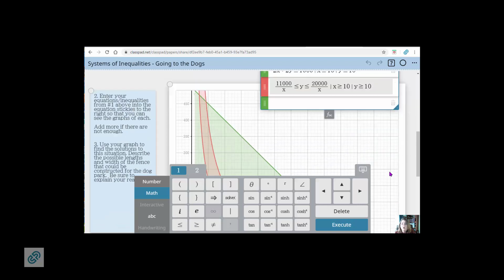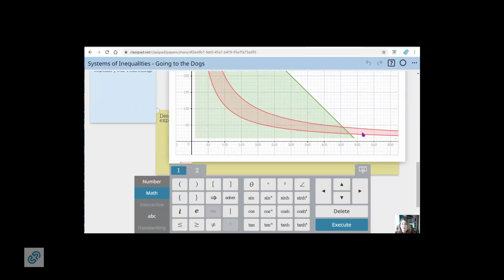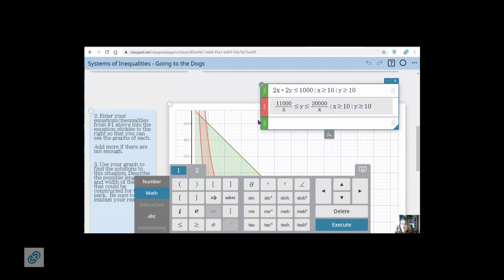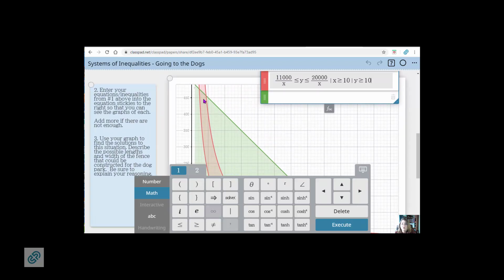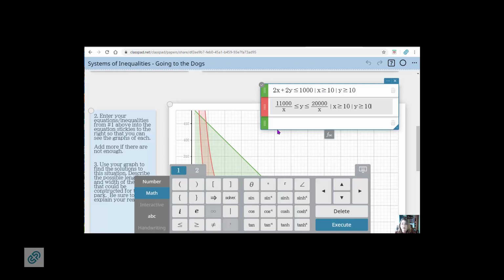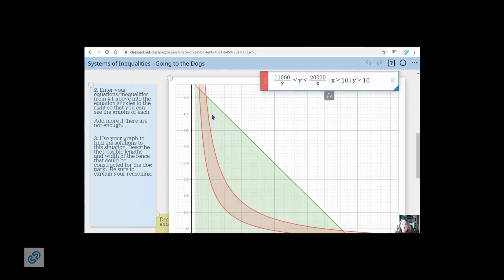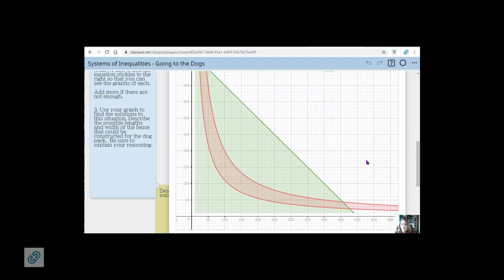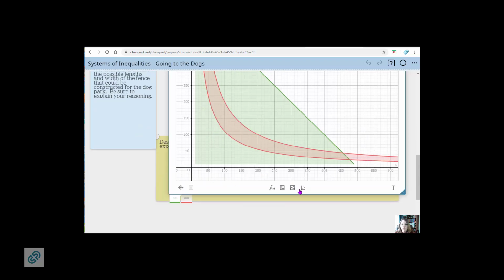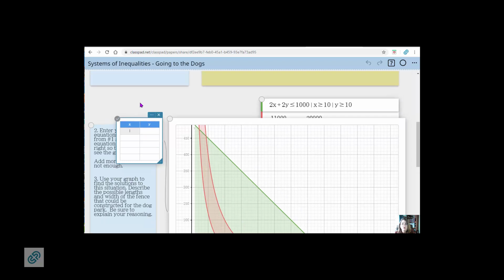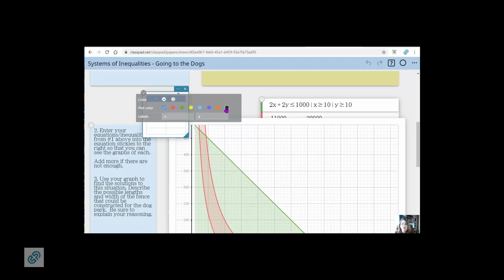So then when we look at our graph here, I've blown it up really big so that we can see it. The region that would contain my answers is where these two graphs are overlapping, right? So this is where the graphs are overlapping. So maybe I want to get a point, and you can do that here by pulling up a plot point tool. And let's make that a darker color so it stands out. So I'm just going to plot one single point. It doesn't really matter. Let's make it at 10 and 100.